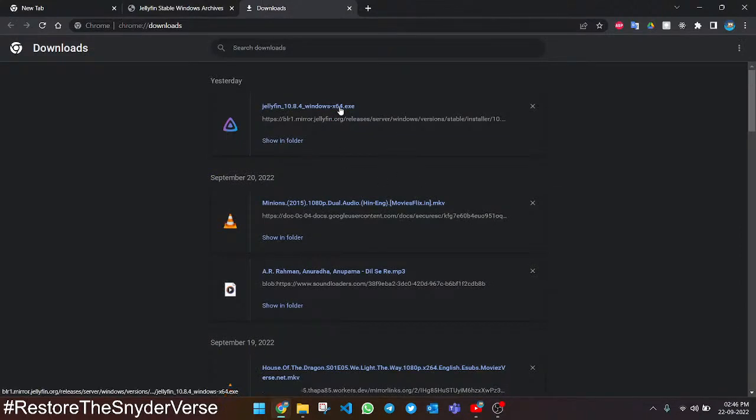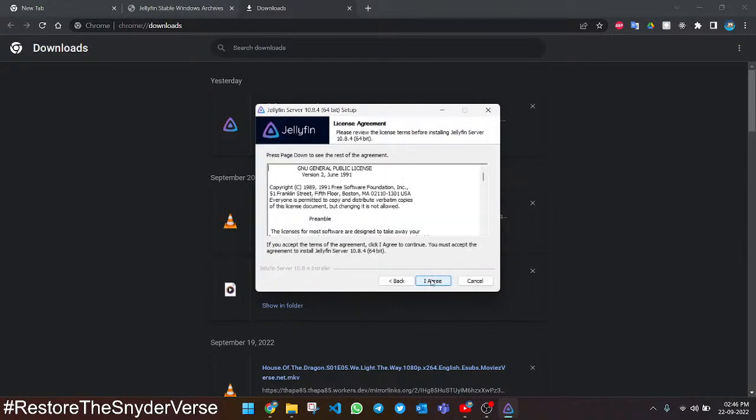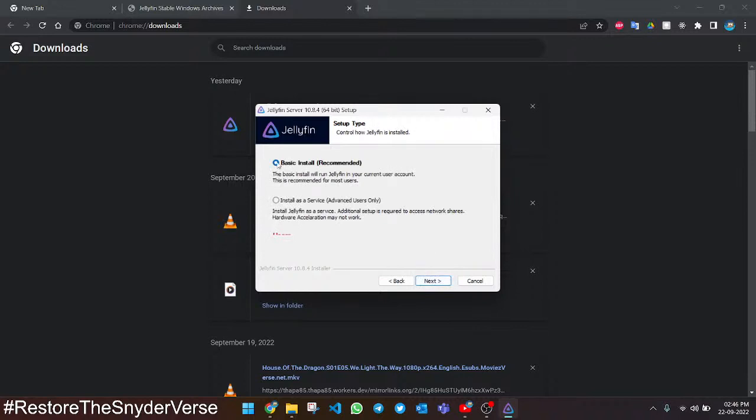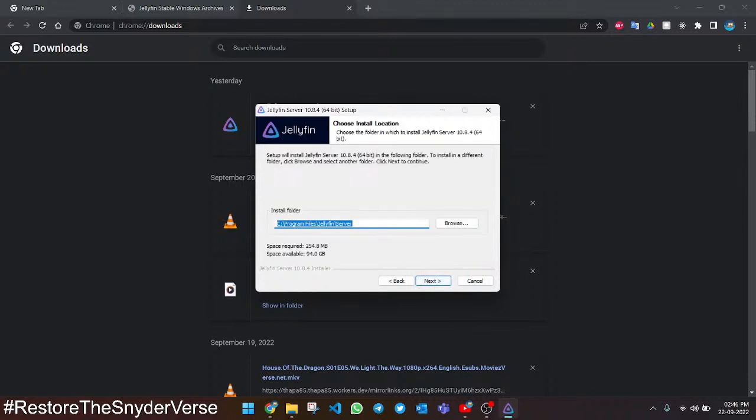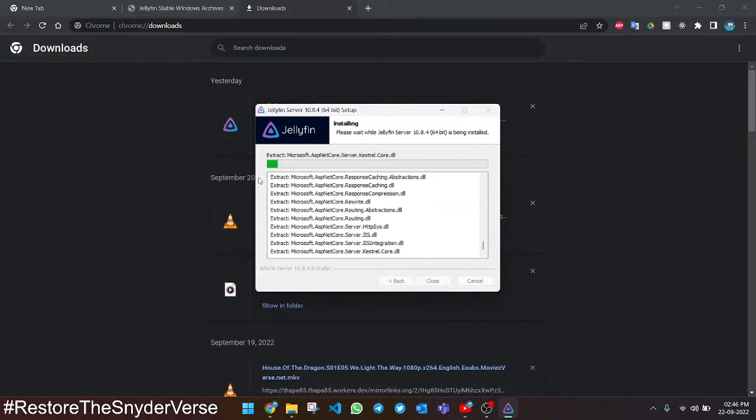Just click on this file, it will ask for permission, click on yes, and this will start the setup for Jellyfin. Let's click on next, agree to the terms and conditions, and choose basic install, next. Choose the folder wherever you want to install it, and the folder where it will download the metadata for your movies. Click on next and install it. It is going to take 1 or 2 minutes maximum, or maybe